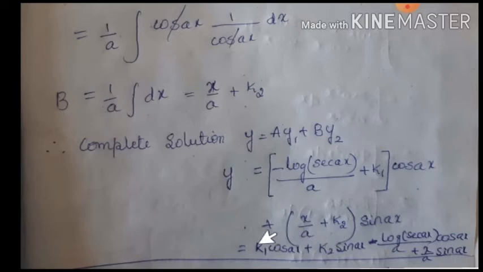So the complementary function you get directly in the variation of parameter method by writing the complete solution in this form. Hence here we don't write the complete solution as complementary function plus particular integral. Okay. Then multiply this term with cos ax, which I have written here, and x by a into sin ax. Here we can't simplify anything, so this will be the complete solution of the given differential equation.